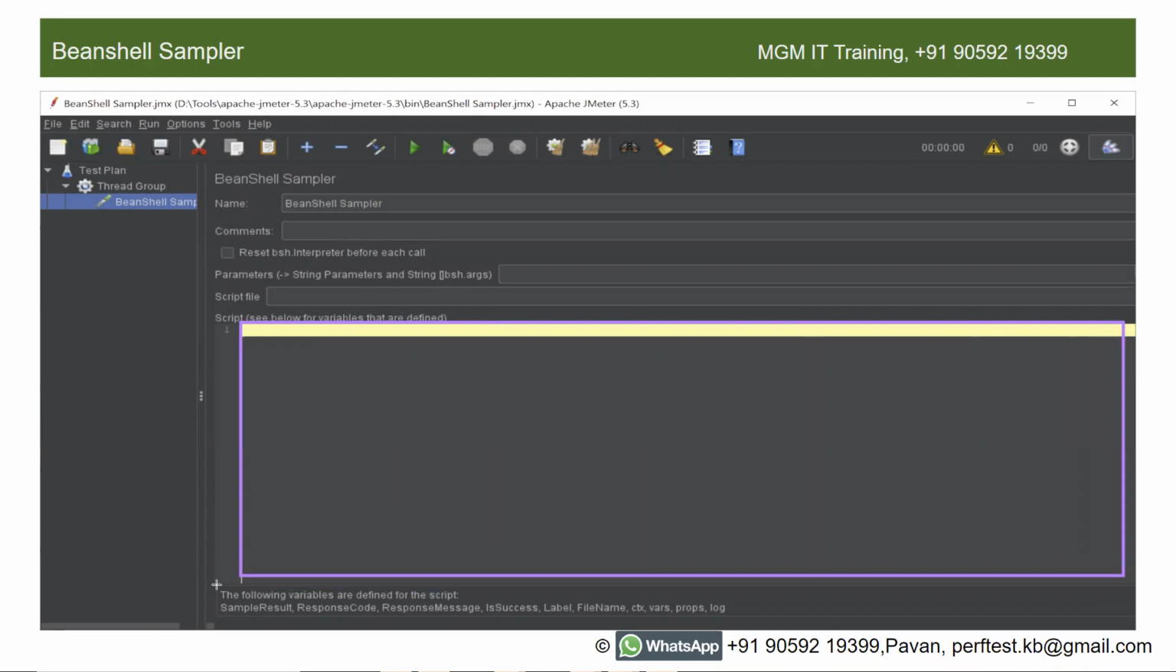And observe here at the bottom, you have some variables. Read the last statement. The following variables are defined for the script: sample result, response code, response message, success label, etc. Right? Now, mostly we don't use all of these. I will cover the most popularly used ones. Okay,